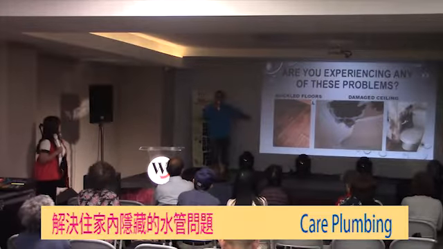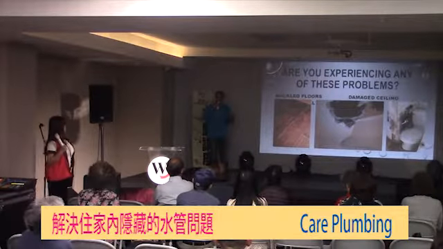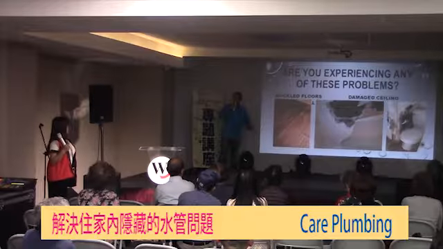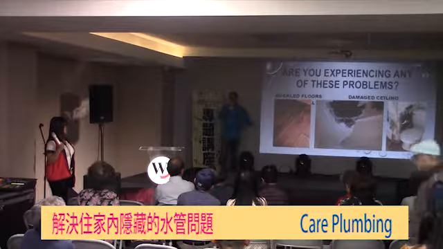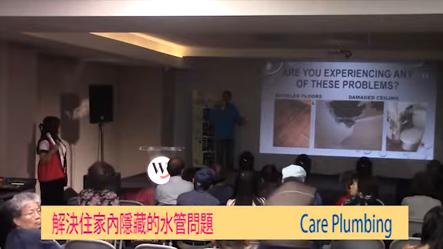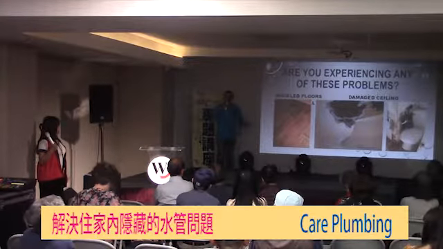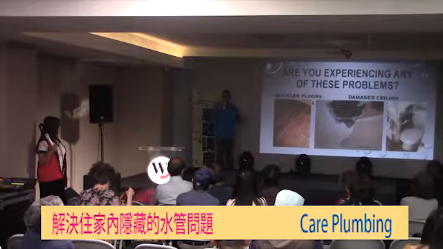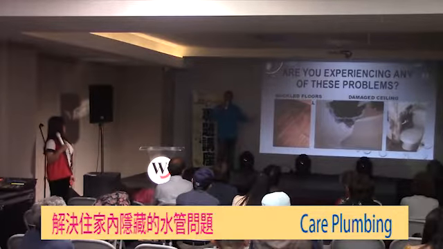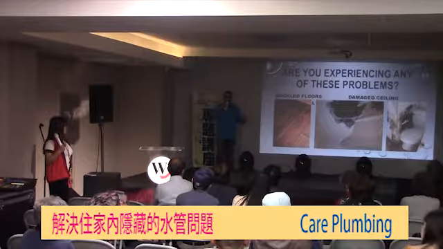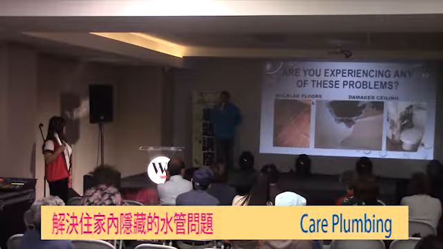When it happens under the slab, how would you know that you have a leak? First of all, if you take a look at your water bill, you will see a difference from the previous month. Let's say on average in summertime you would pay $100 a month for the water bill. Your bill might go up to $130, $150 or more. From there, you can suspect that there is something going on with your water. And at that point, it's a good idea to have a plumber come and take a look at it.